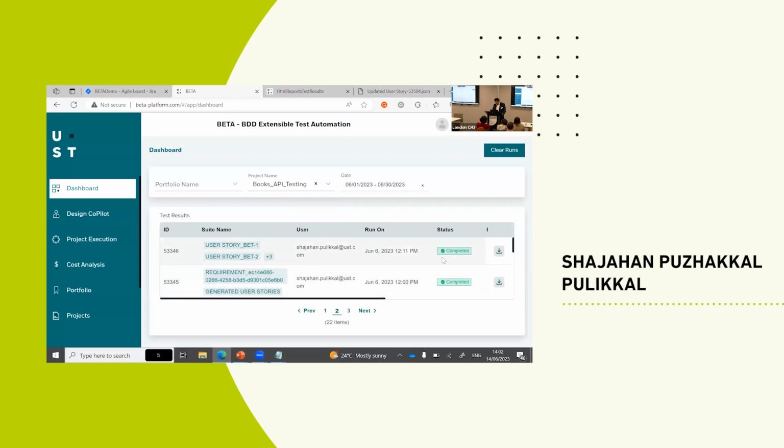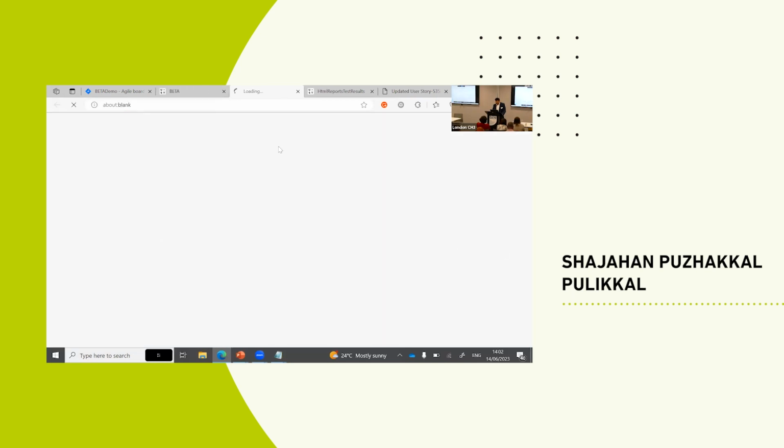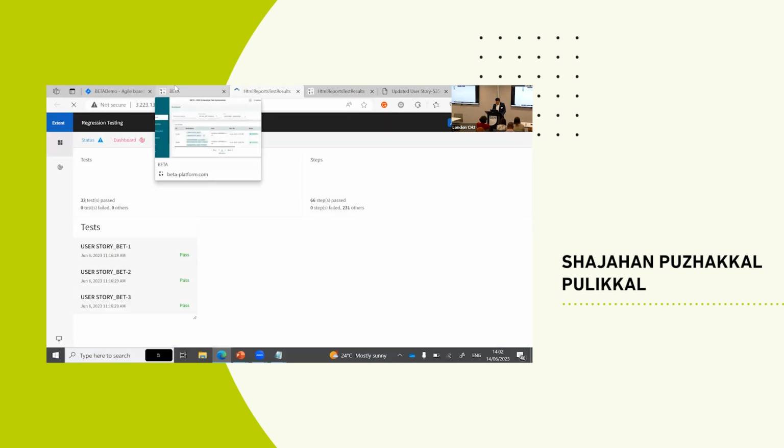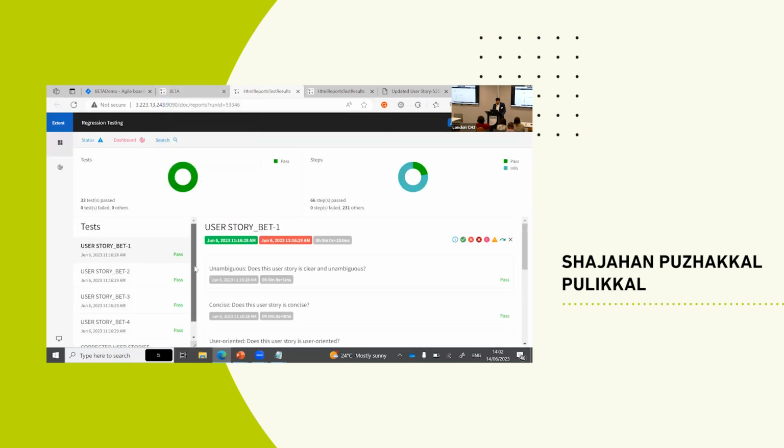To open a previous one that was executed some time back, to save time, we can open the one which we executed at the end. These user stories are similar to the ones run through Jira. So the 1, 2, 3, 4 are the stories which you have seen in Jira. What will happen is we just validate those user stories. I think those are the right user stories.